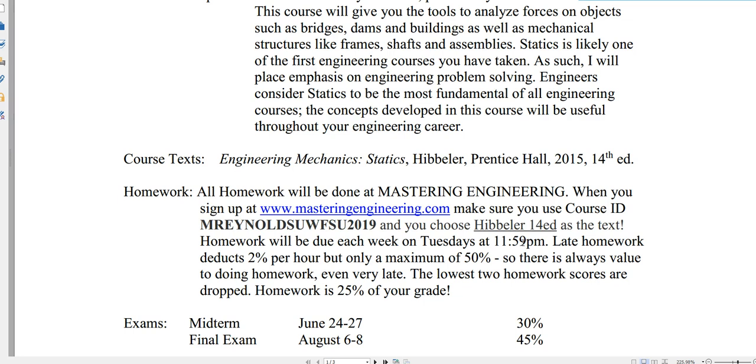Putting the time into it doesn't mean 15 minutes. It could take you hours to do the homework, okay? You've got to put the time into it. You've got to struggle with the homework, okay? The homework is everything. If you do the homework, you'll be fine. If you don't do the homework and you don't understand it, then you'll probably do poorly on the midterm and